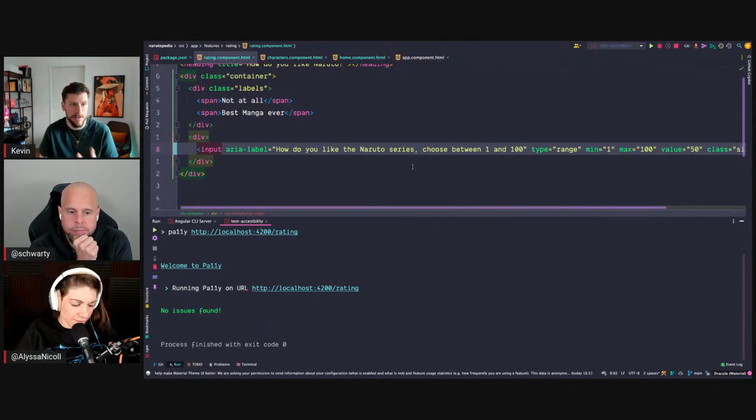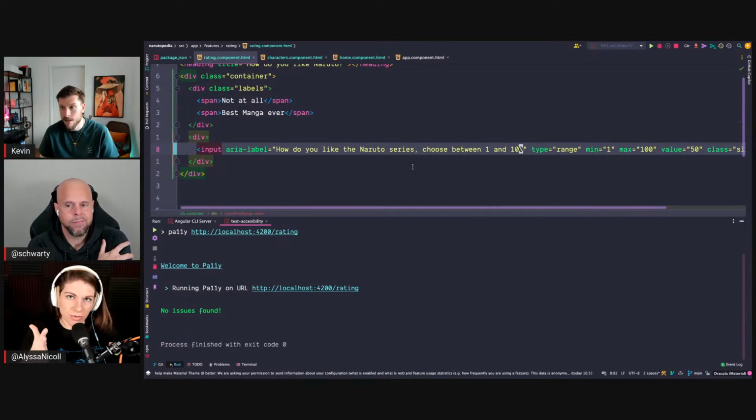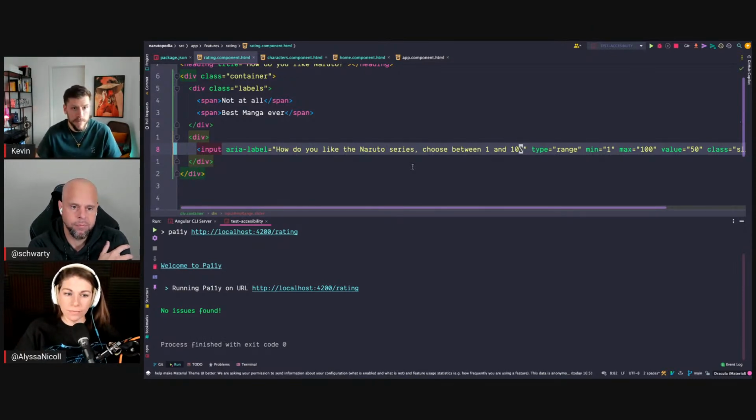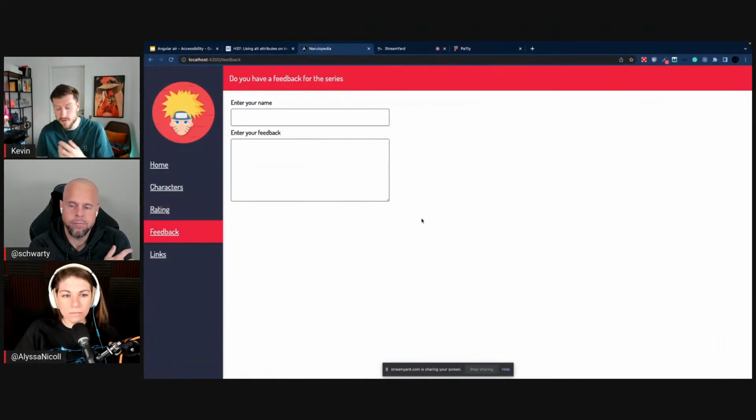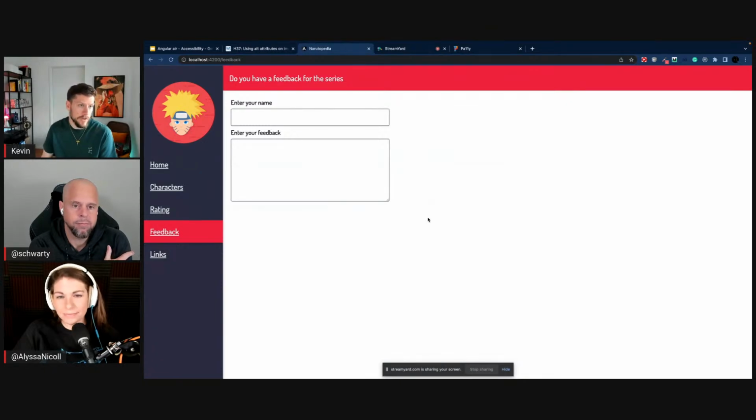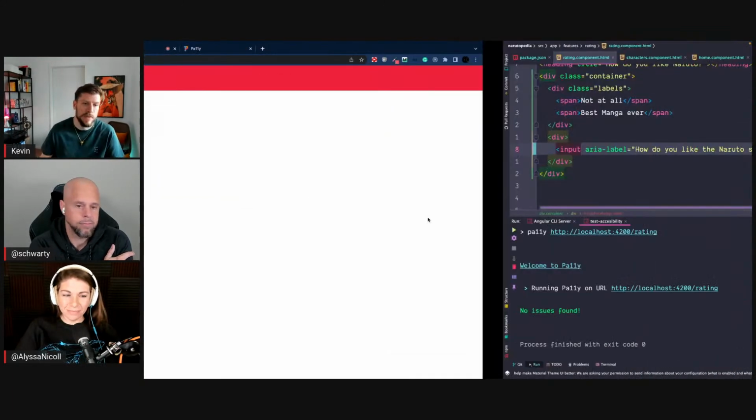Okay, because I was curious if all of those needed to be met, or if those were just all options of ways to meet that issue. Yeah, so one needs to be met. So there are various strategies to meet that. And we will see another one. So we just used the aria-label here, but we will now see another one, which I think is also something pretty cool to show, because it's a feedback form, and forms are an essential part of every application, because it's basically the only way to get data from the user.